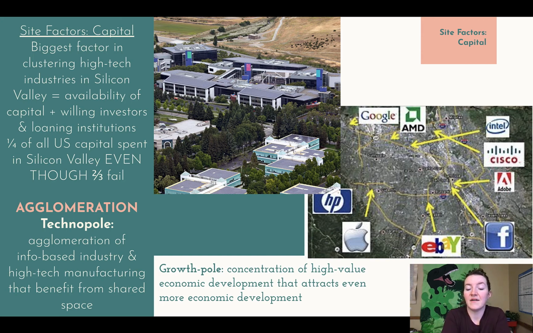It's a very high-risk investment, but it's a very high reward if it's successful. So look at some of the companies. We have HP, we have Apple, eBay, Facebook, Adobe, Cisco, Intel, AMD, Google. All of these are incredibly